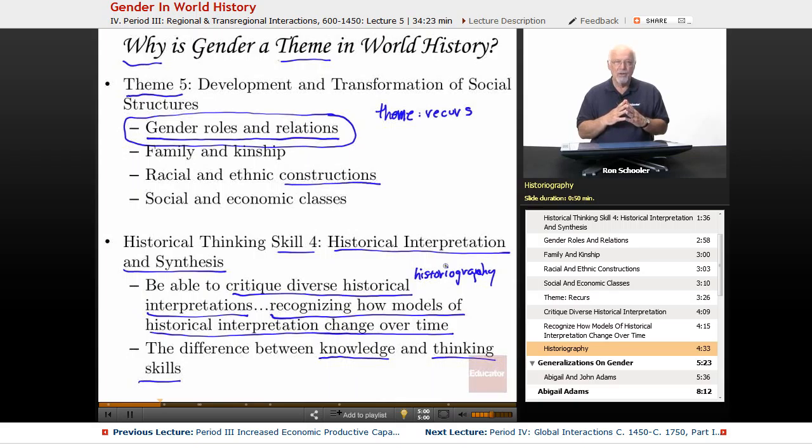So, you've got to be able to look at an interpretation and find critiques for it, because it is an interpretation. It's not the truth. It's an attempt to get at the truth. And you've got to recognize that it's going to change over time. So these are two that go together here, because gender as a theme has changed